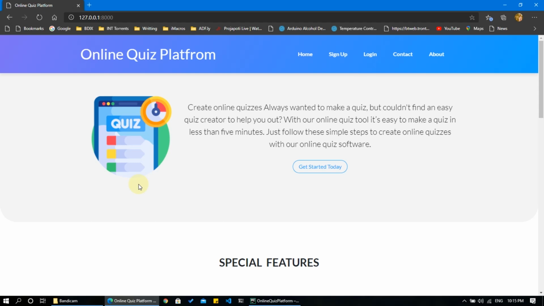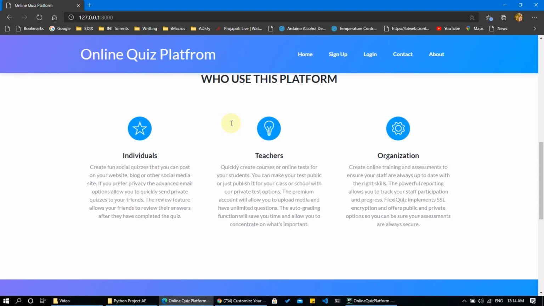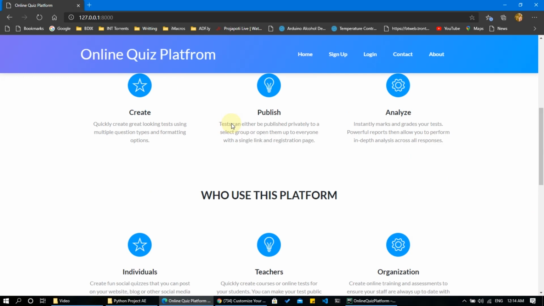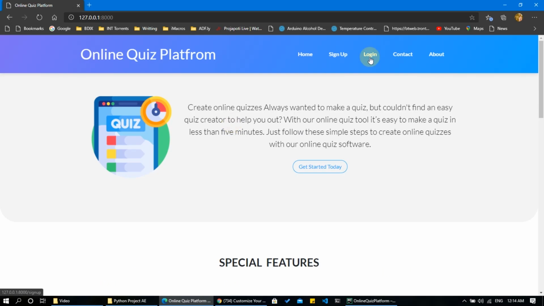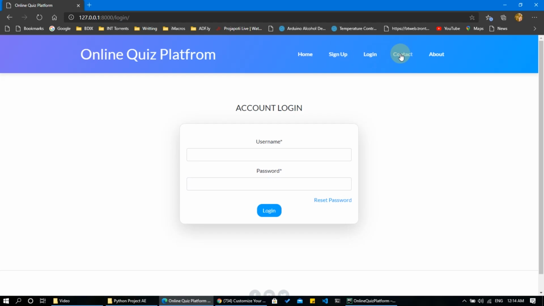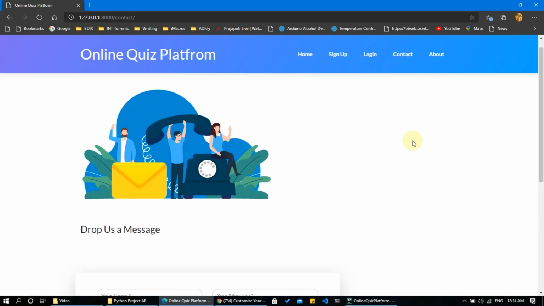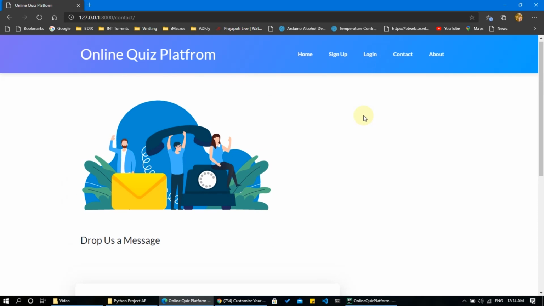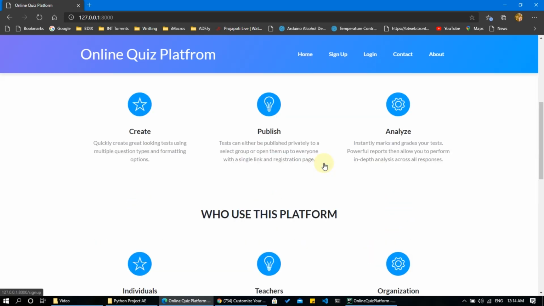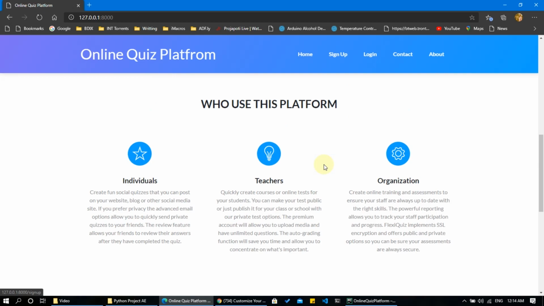Hello everyone, today I'm going to show you one of our group projects, which is an online quiz platform. The online quiz platform is an online test and quiz maker where tests, quizzes and assessments can be created and analyzed easily. We came up with this idea mainly because of this pandemic situation, where all the educational institutions are shifting all the activities online. So this online quiz platform will be a secure and reliable place for exam management for any organization.